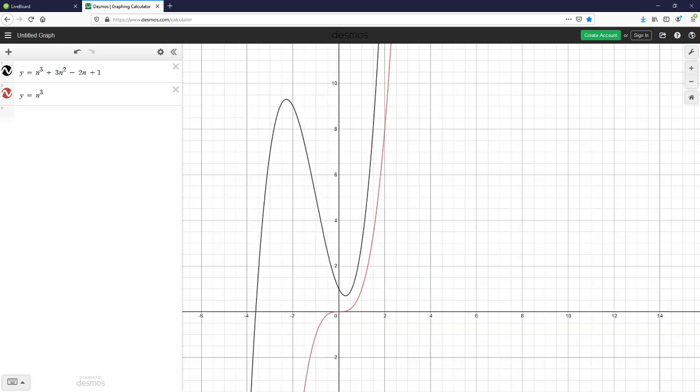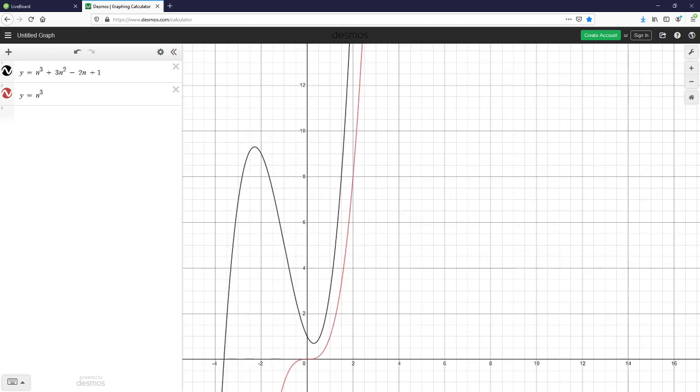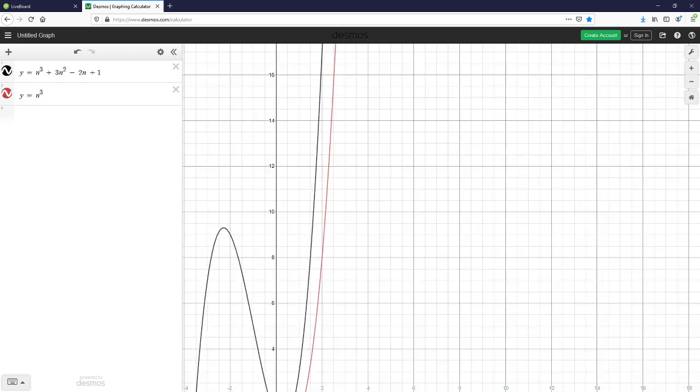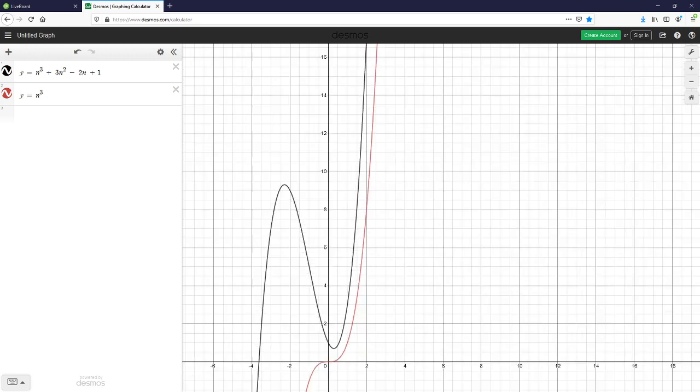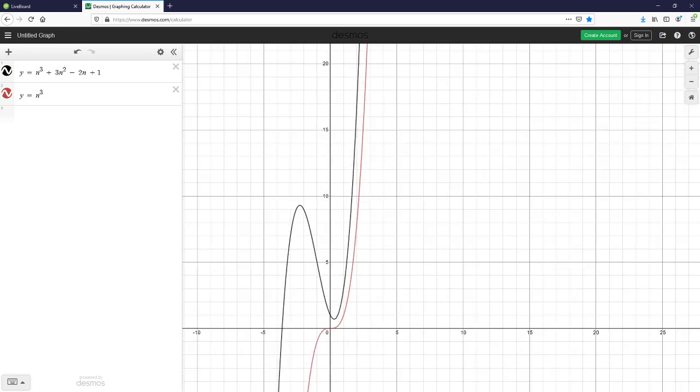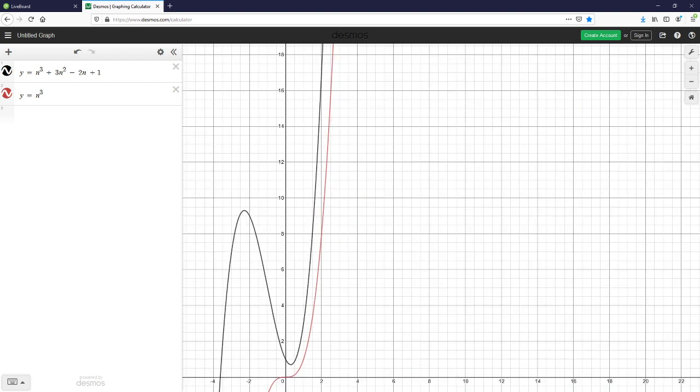So if you have these two graphs, you know what's going to happen here, right? The black graph is the one we care about. This graph is the thing that we're saying it's big O of, but remember that big O says that the first graph, the black graph, has to be less than or equal to it. And it's not, right? You see that here it's always bigger. So that's a slight issue for us. I think one way to fix it is that we get to multiply it by our constant 5, right?